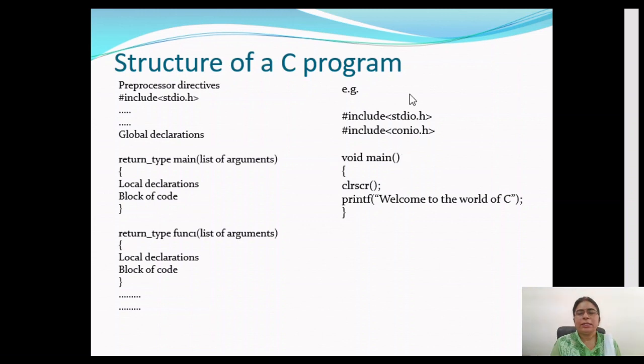Now these header files, or all the header files that we have in C, basically contain the predefined functions. Basically they contain the prototypes of the predefined functions, and then the detailed code for those functions is defined in library files. So when we include these files here, we can use all the functions defined or declared in these header files. Without including these header files, we cannot use the functions. So these are predefined functions already defined in C, and we have many such functions that we can directly use in our program.